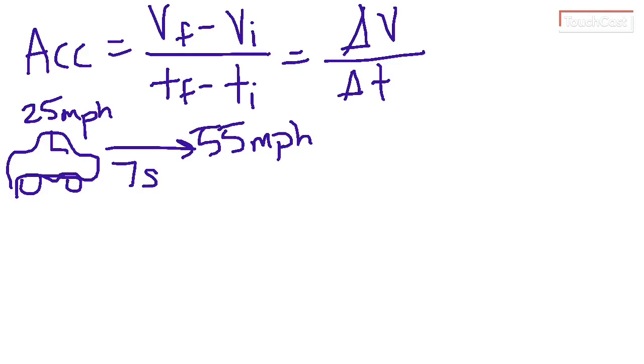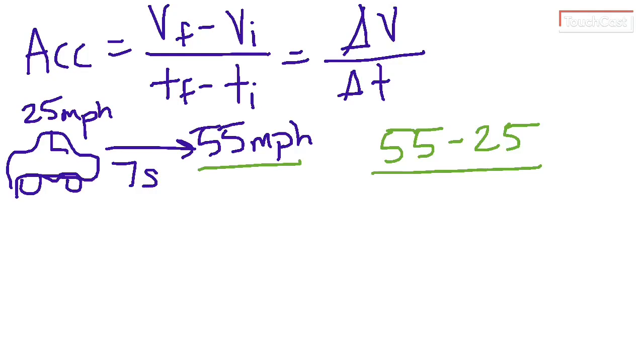And in this case, its final velocity was 55 miles per hour. It went from 25 to 55, which means it's currently going 55, so our final velocity in this scenario is 55, minus initial velocity, which was 25, right? It started at 25 because we were in town, and this occurred over 7 seconds. So I could do 7 minus 0, or we could just do 7. So we do 55 minus 25 is 30 over 7, and so what we get is its acceleration was 4.3